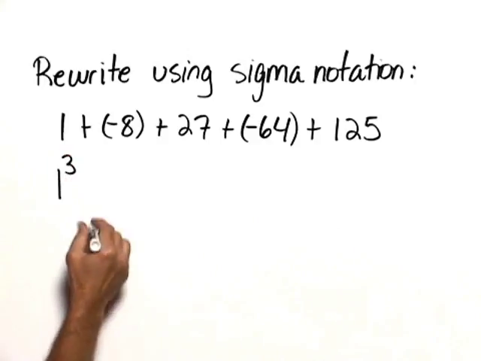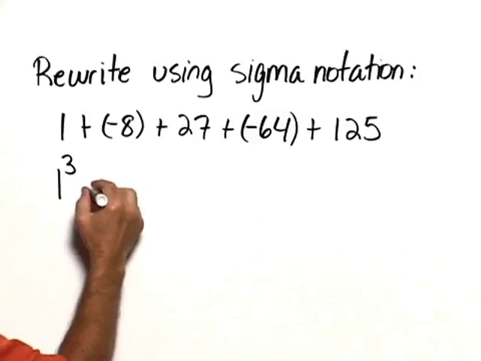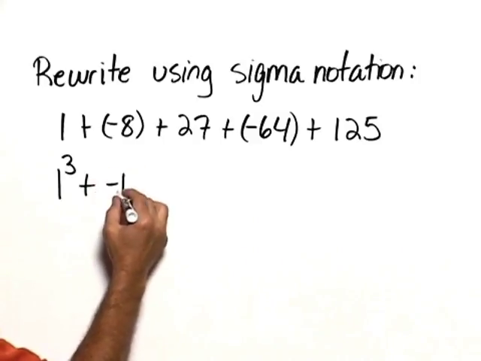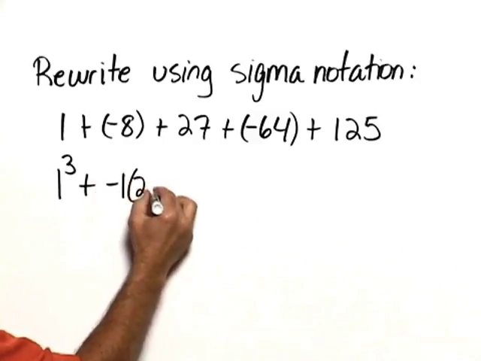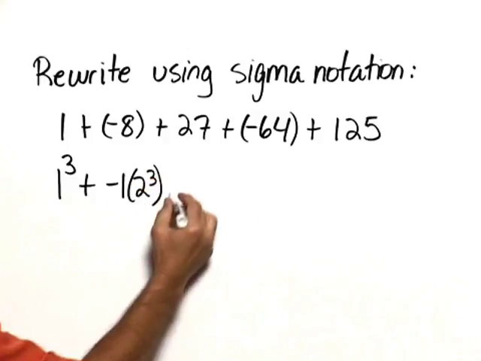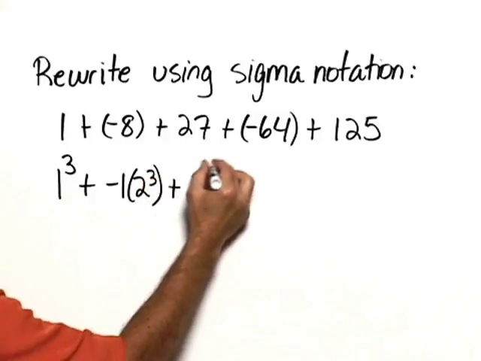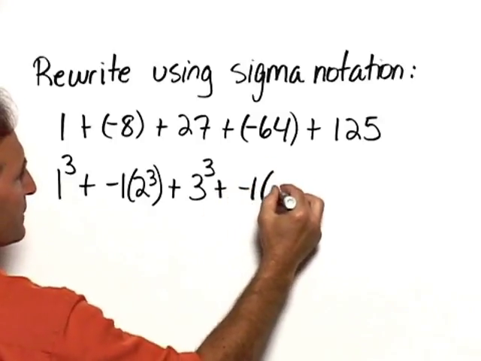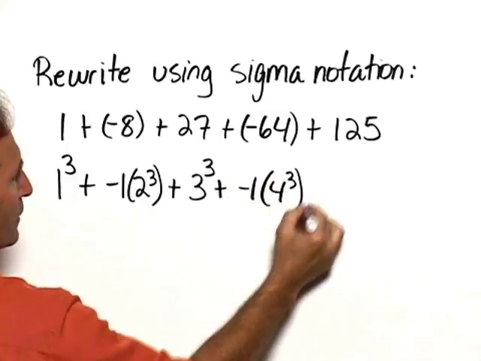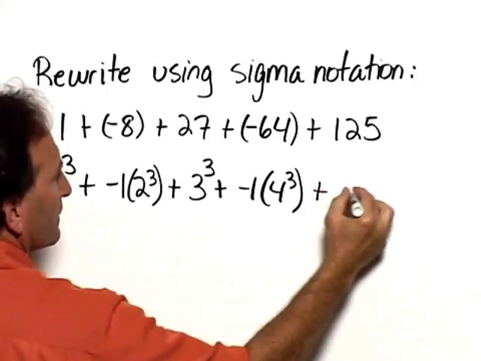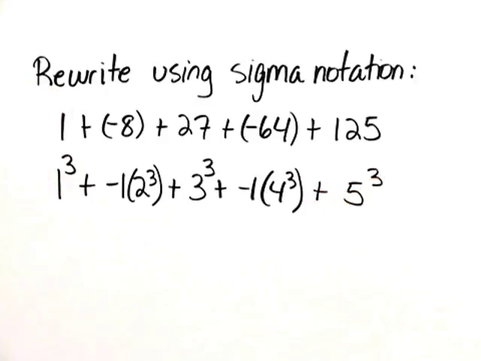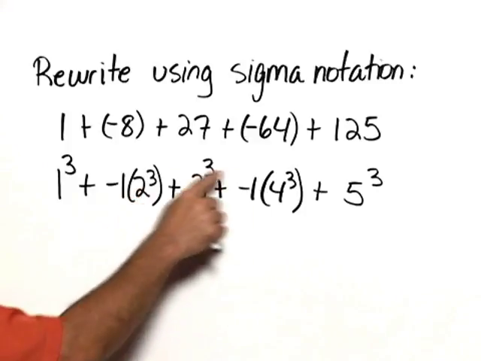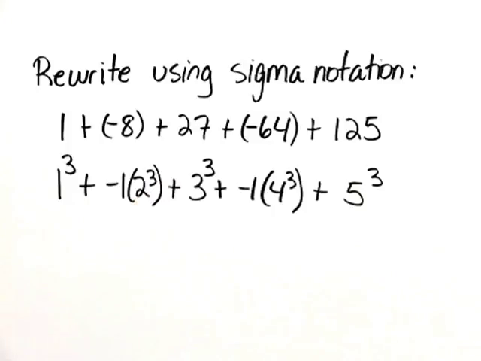It's 1 cubed. Then we can write this negative 8 as plus a negative 1 multiplied times 2 cubed. Then plus 3 cubed. Then plus a negative 1 times 4 cubed. Plus 5 cubed. That helps us now because, using the exponent of 3 or the cube, we can